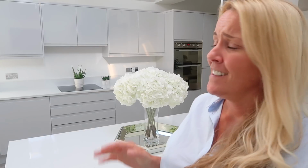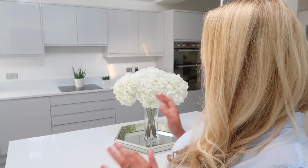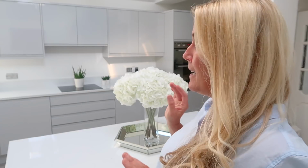So we sat down, we had to think about it, we had a look around, and I thought, maybe he's right, maybe high gloss is the way. And I'm so grateful that I did get high gloss because they just stand out so nice in the kitchen. And you know, when I think about them being matte, I think it would have been an absolute nightmare,